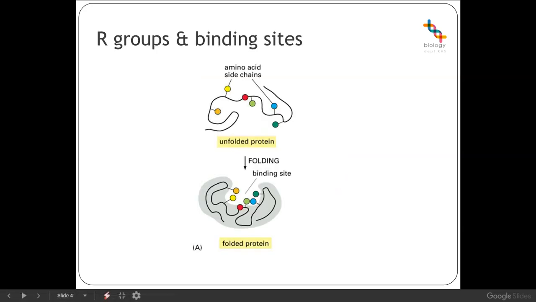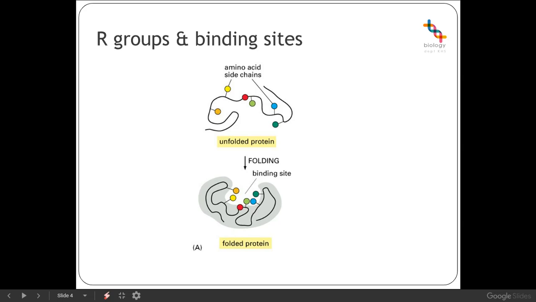Now, the way a protein will actually bind to a ligand really relates to the R groups. So it's the R groups that are present on the protein chain that determine which specific ligands it can bind, and that usually means using either shape or charge. So as you can see here, we've got our unfolded protein, which is then folded to form a specific binding site, and those little coloured dots that are sticking out are intended to indicate the different sorts of R groups